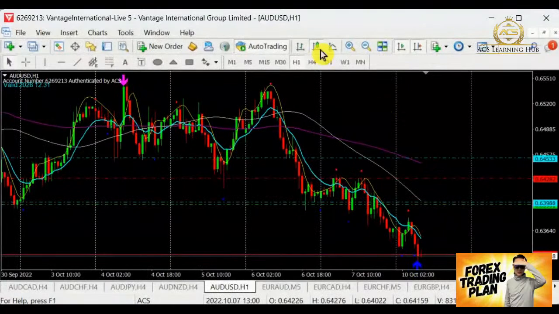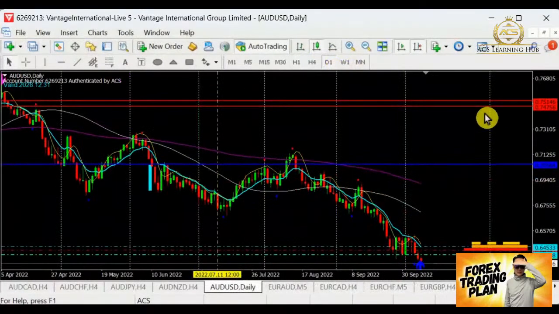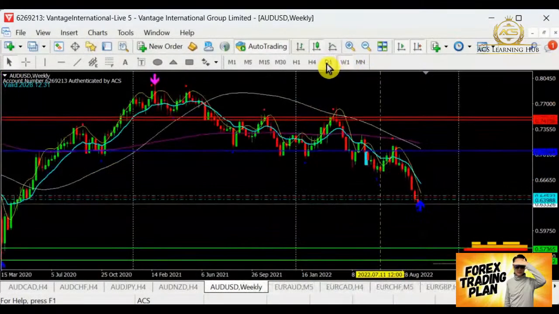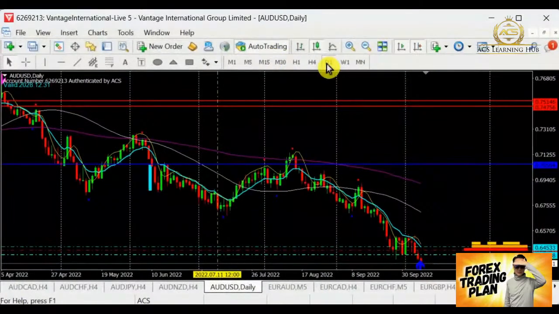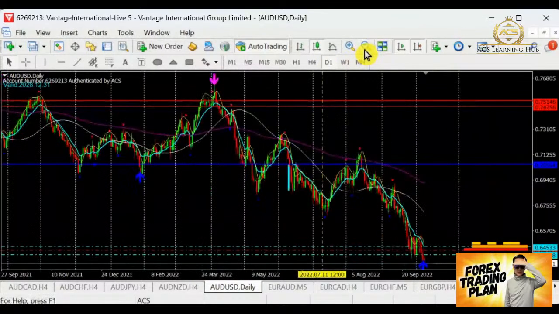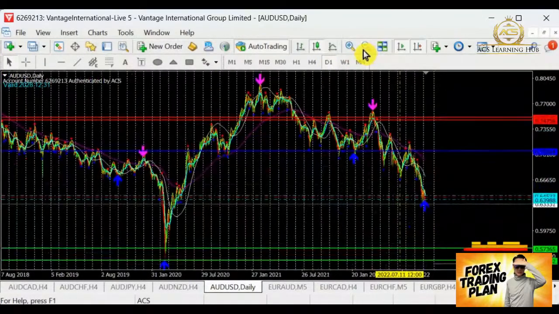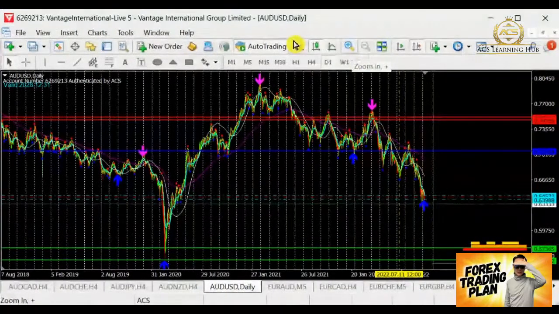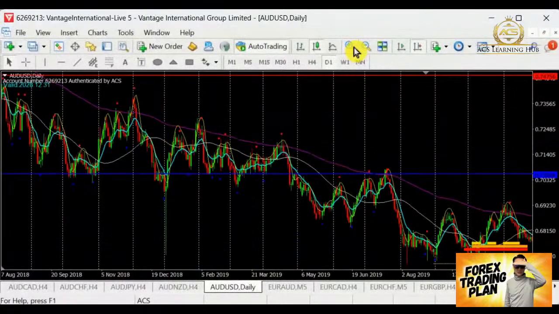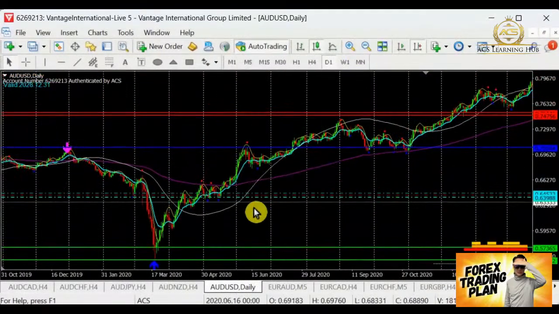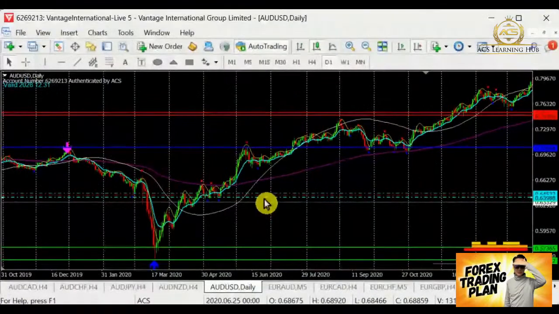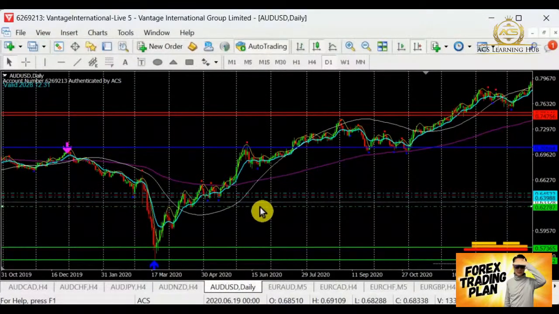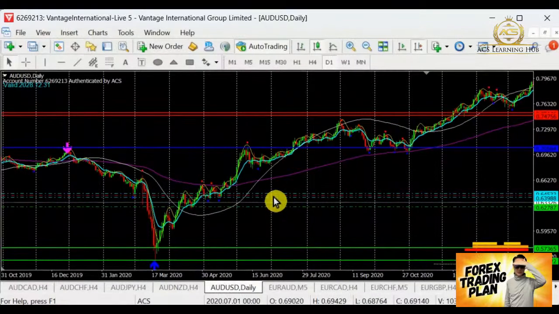So for Aussie dollar, let's take a look at this point here. For Aussie dollar, we are looking out for selling. Let me see where I should place my support. As we can see, Aussie dollar is coming in for selling at this point here. Right now we are not on the support, sorry, we are near to the support.